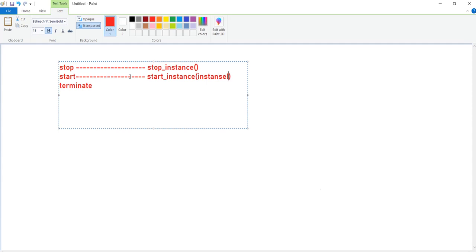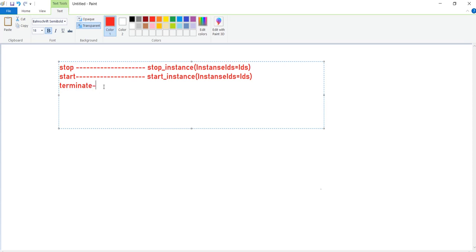This is the syntax of the method which we need to call.